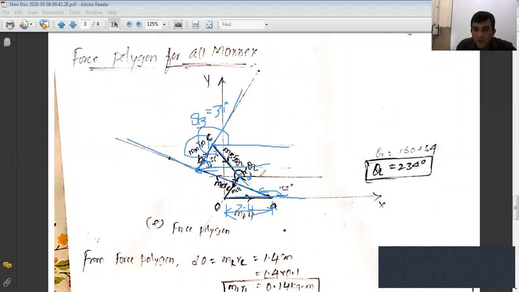What is the next step I want to do? Sir, connect D to the origin O. Join from point D to point O, dash with the O. It is the starting point of the force polygon. Then we'll get OD. The OD is MLRL, right? Now see that from the force polygon, OD or DO is equal to MLRL. How many centimeters did you get?